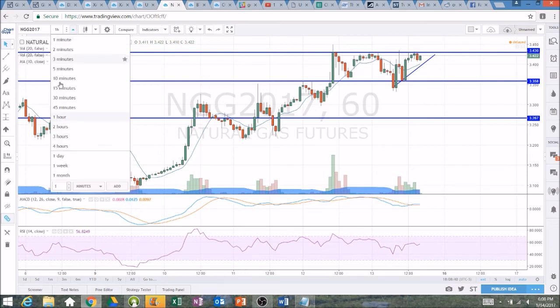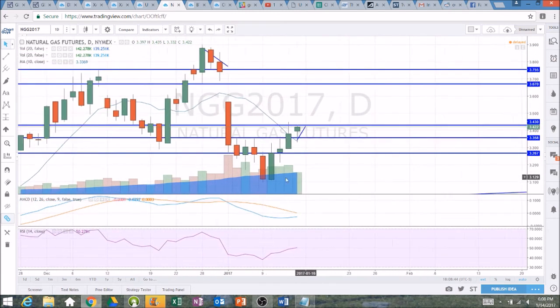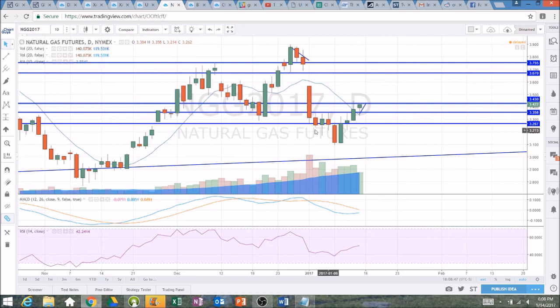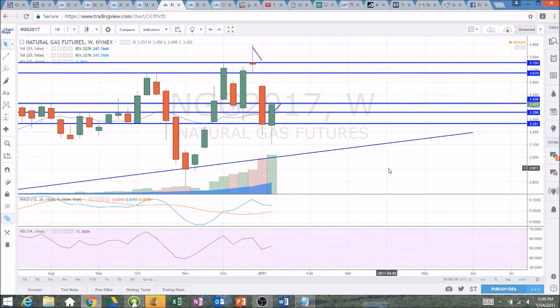Let's check actually the daily and weekly time frame to see how we ended this week. Still bulls in control, 4 green days in a row, and now we're going to look to form higher lows and higher highs to try and turn things around after that all-out dump we saw 2 weeks ago. Looking at the weekly time frame, we have a big-time bullish reversal candlestick, nice strong move,